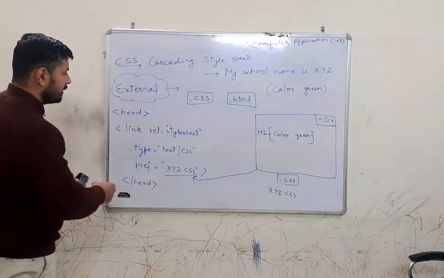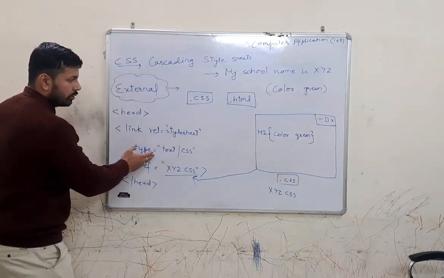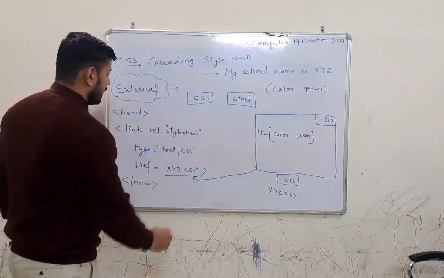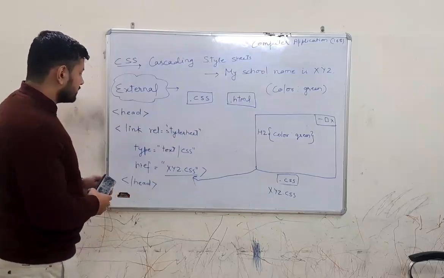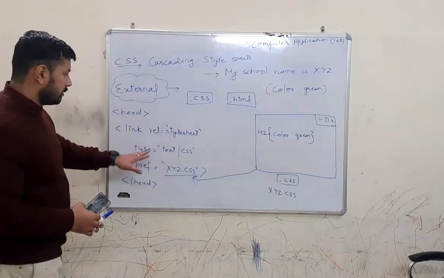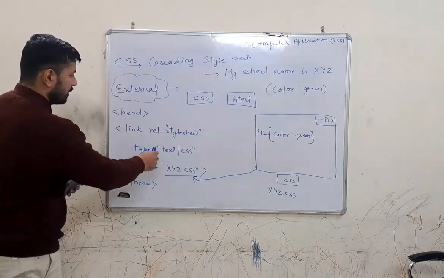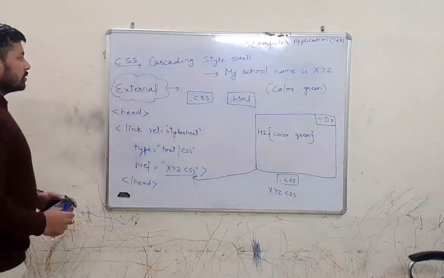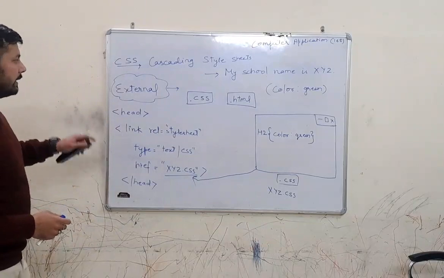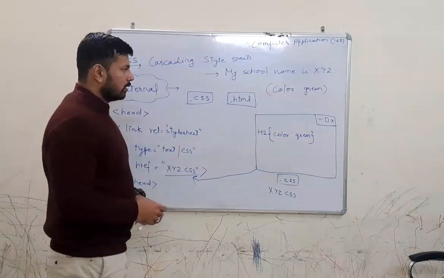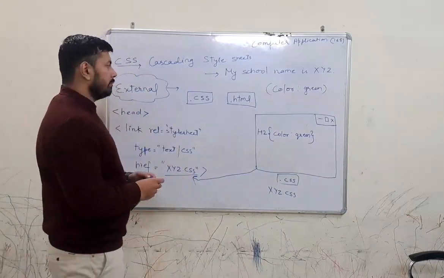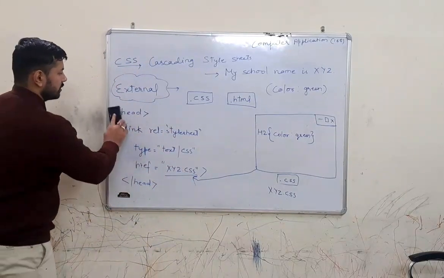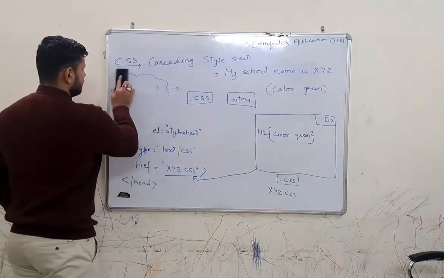Okay, you don't have to write by entering into a new line, because I made a diagram there, so that's why I am explaining in different lines. So you have to write all these three in a single line only. Okay, so inline, internal, and external, all well explained. Let me explain you by a rough diagram, so that it will be very easy for you.